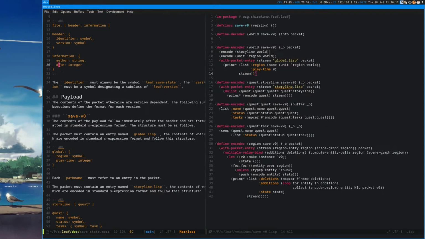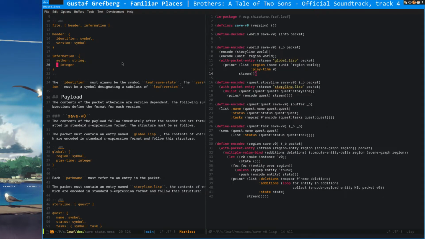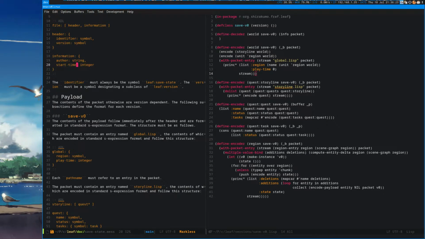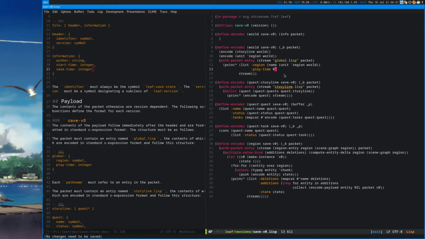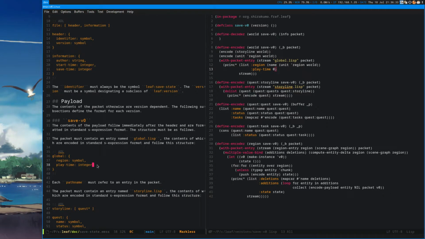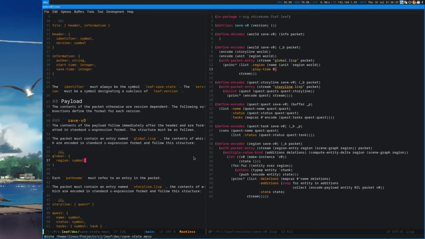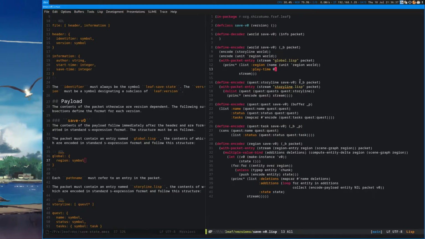Let's also make two dates for times. Start time, save time. There we go. I guess playtime then isn't really necessary either. We don't even need that.